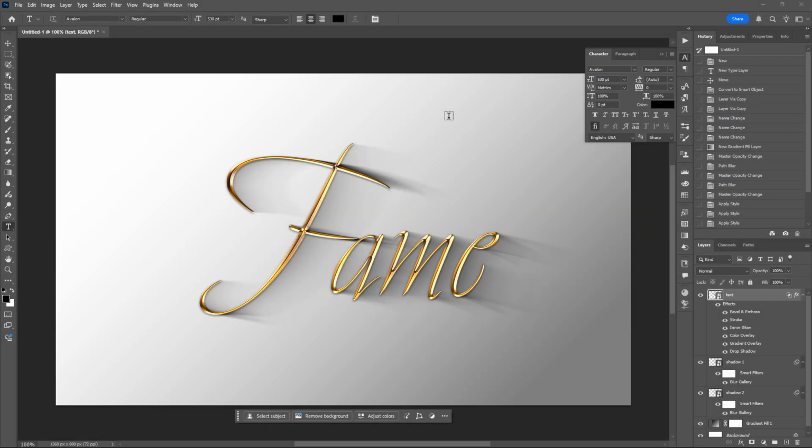Today, we are creating a sleek text effect in Photoshop, which is all about bold style and smooth depth. We'll be working with a clean text layer and turning it into something much more dramatic. You'll learn how to build two-layered shadows using the Blur Gallery and give the text a polished metallic finish for that premium 3D look. This one's easy to follow, and the final result is gonna look awesome.